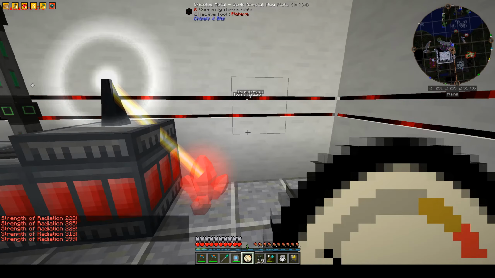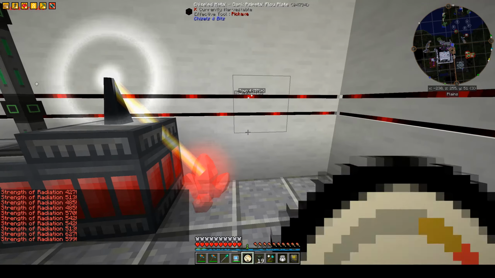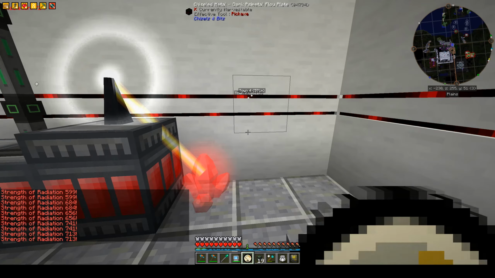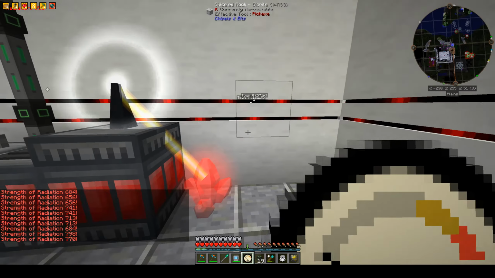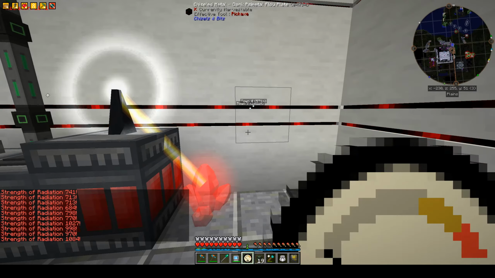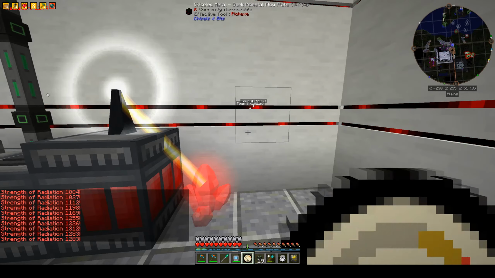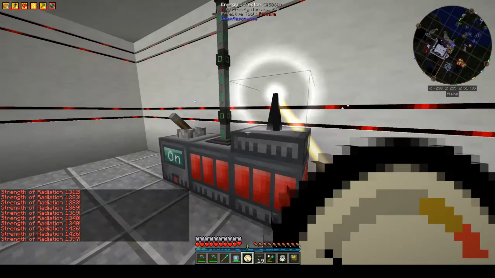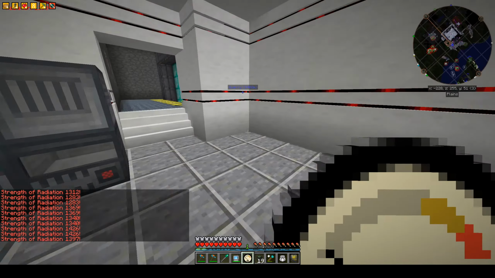And so we're doing pretty good, right? A couple hundred right now. I mean, just standing right next to it, it's pretty good. And that's because of the high purity. Purity makes a huge difference. Now, we really don't have to worry about too much until we get into tens of thousands of radiation. So we don't have to worry about that too much, even if we're standing right next to it and running